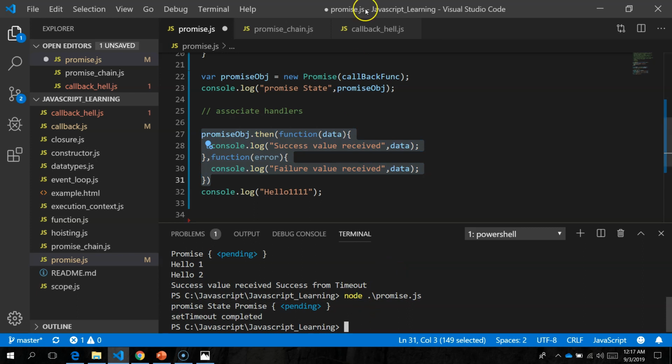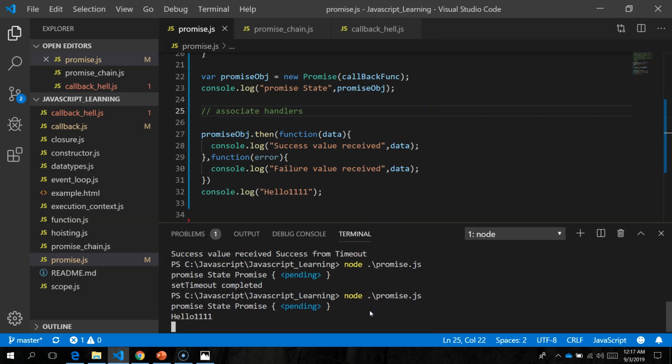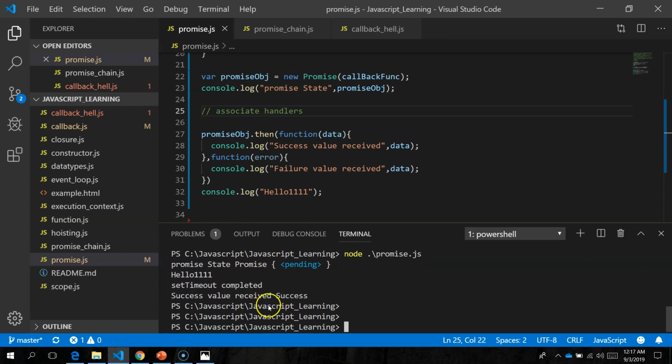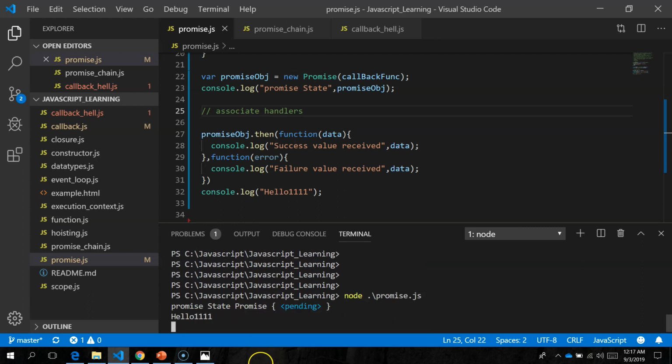I will just save it and try to execute. Now you are able to see the hello 11 is getting printed, and only after that the success value received is getting printed. Let me execute it another time.